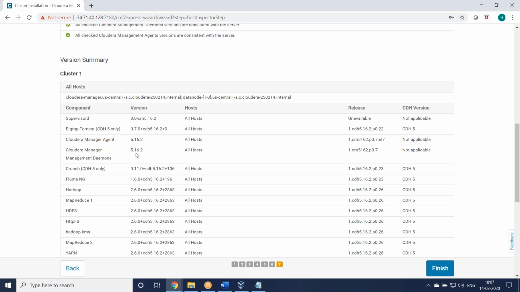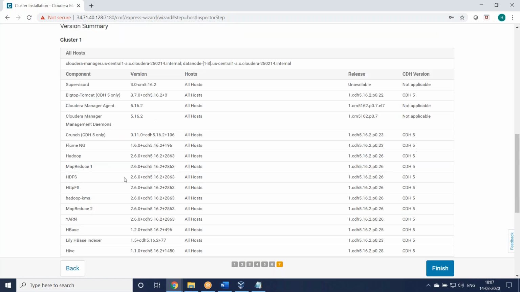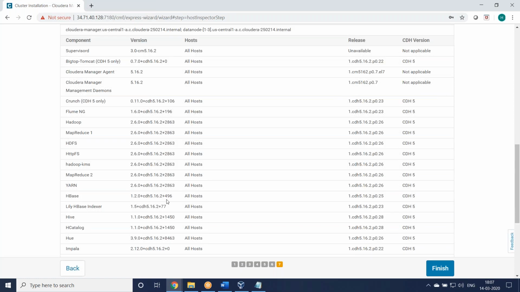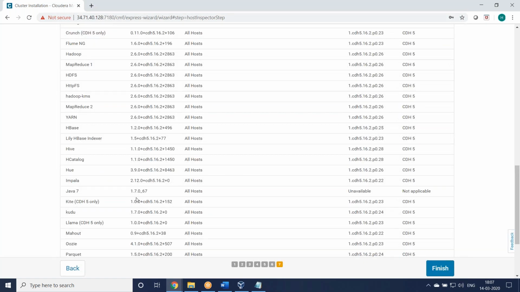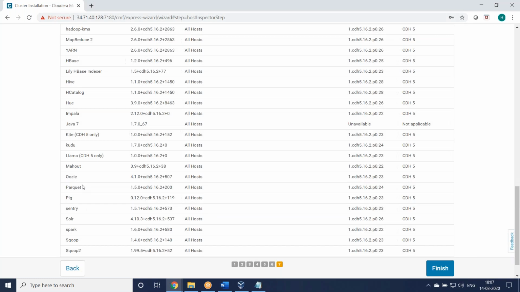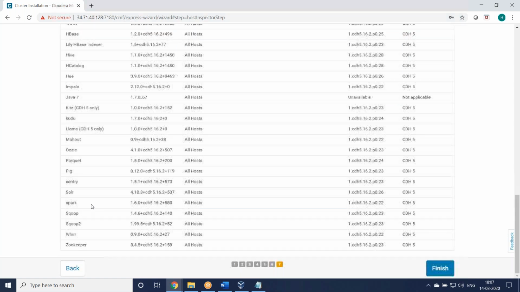Cloudera Manager 5.16.2. Then HDFS 2.6, HTTPFS, then Yarn, HBase, all the versions, they are giving a package this way. You see, a lot of Java, which Java is supported, Hue, HCatalog, Hive, Kudu. These are the tools, Pig, Parquet, everything you see.